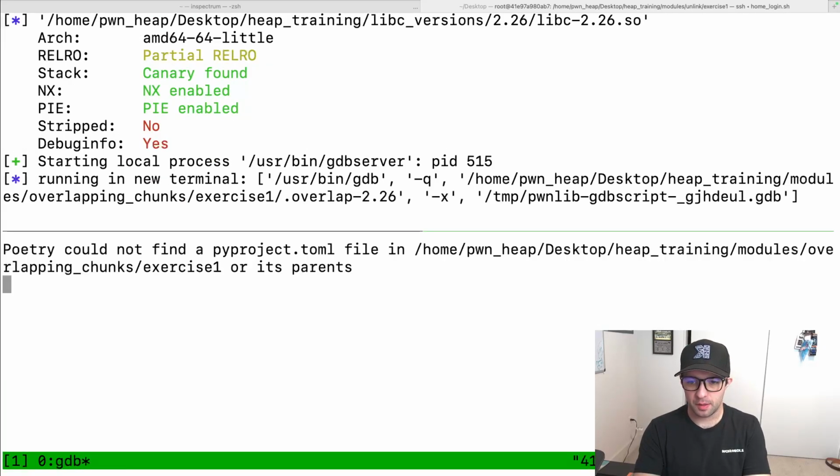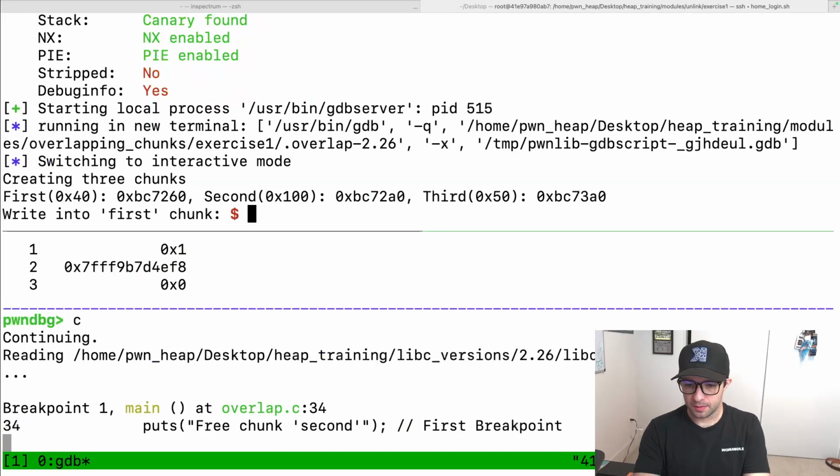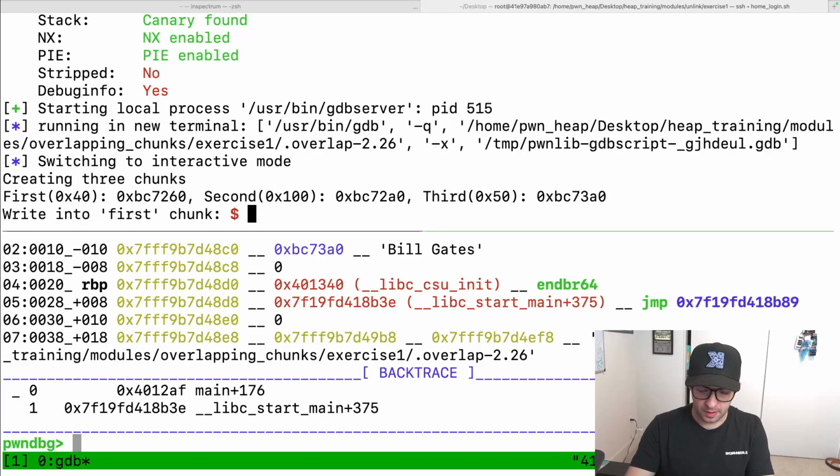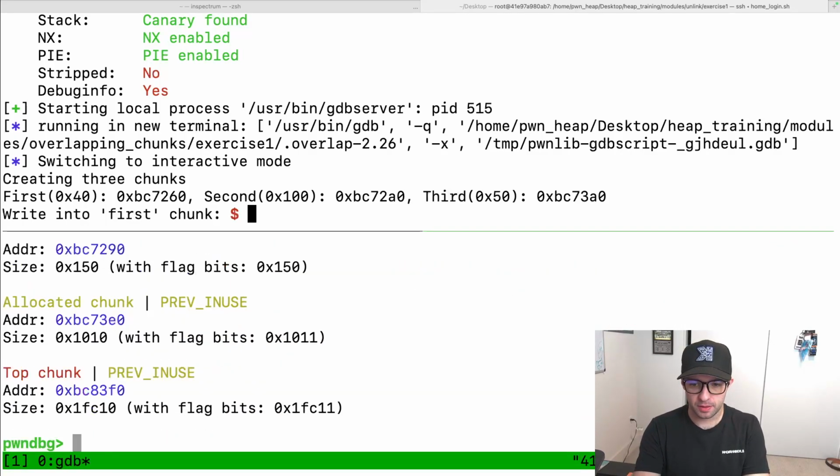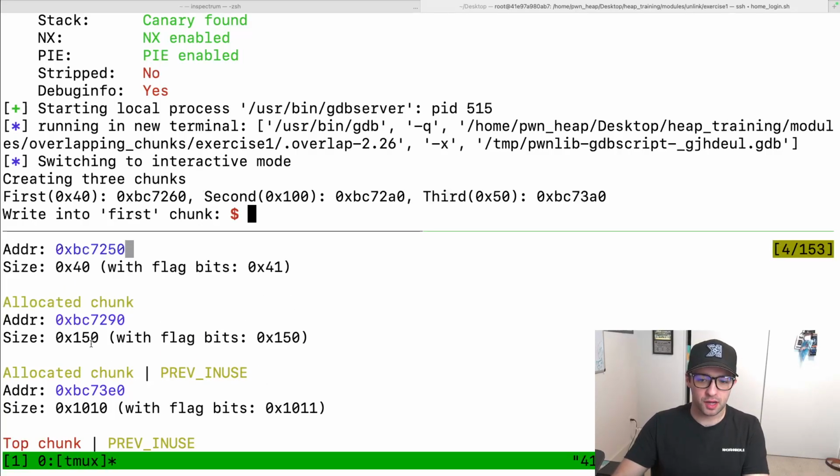Now if we start this up again, and then we start looking at the breakpoints to see where stuff's actually breaking at, we see this breaks right before the free. So if we look at the heap, now we can see that this chunk size is indeed hex 150. And now things are kind of corrupted